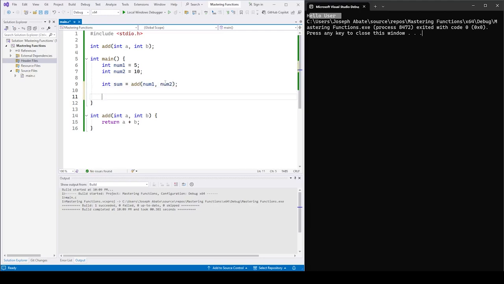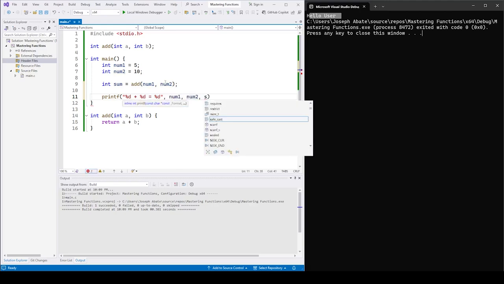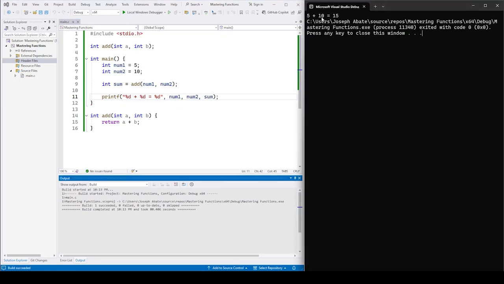So now let's print something to the console and make it modular. So we'll write printf, and we'll write %d plus %d equals %d. And here we'll write num1, num2, and then sum. Let's do Control F5. As you can see, it does 5 plus 10 equals 15, which is exactly how our